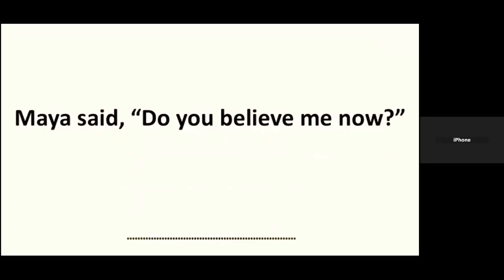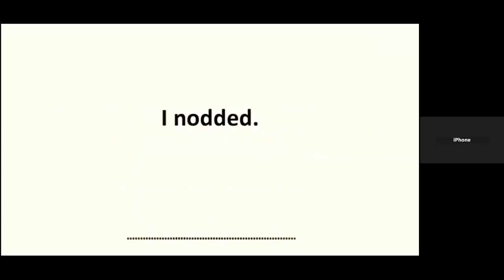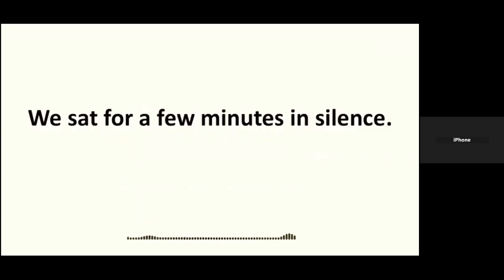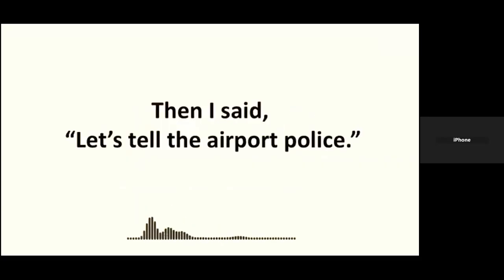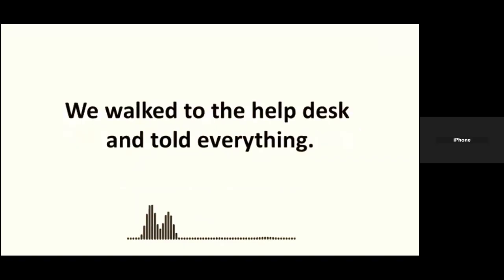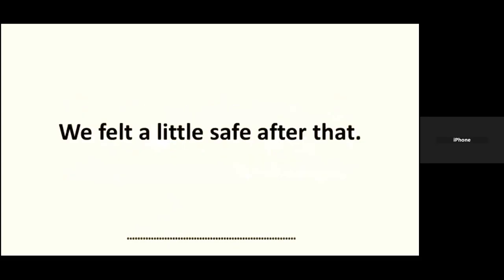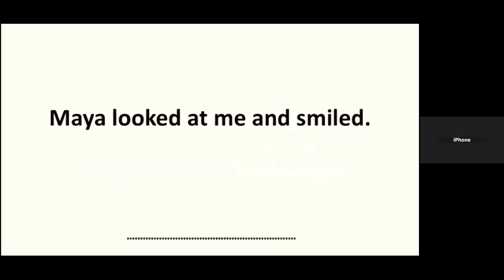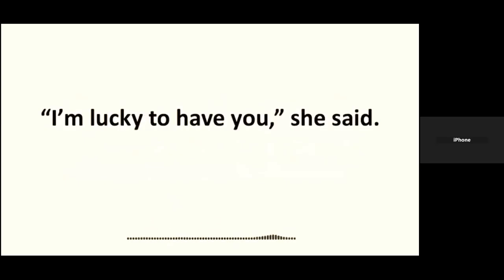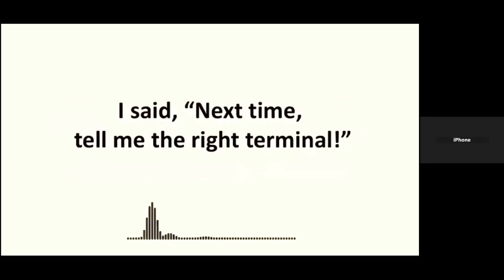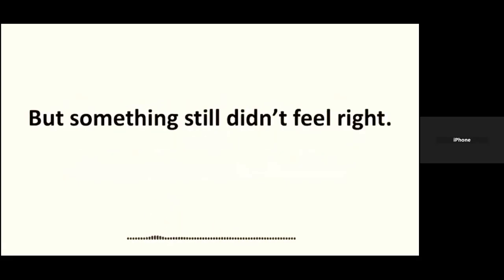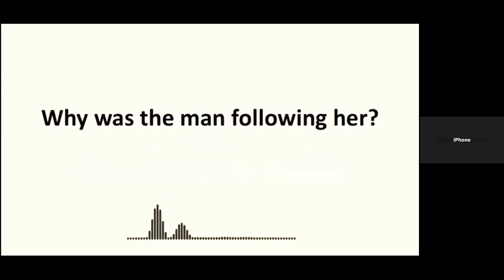Maya said, "Do you believe me now?" I nodded. We sat for a few minutes in silence. Then I said, "Let's tell the airport police." We walked to the help desk and told everything. They listened and said, "Don't worry. We will check the cameras." We felt a little safe after that. Maya looked at me and smiled. "I'm lucky to have you," she said. I said, "Next time, tell me the right terminal." We laughed. But something still didn't feel right. Why was the man following her